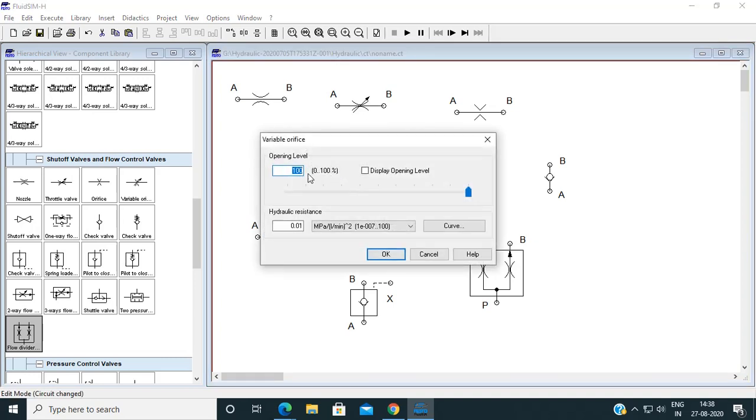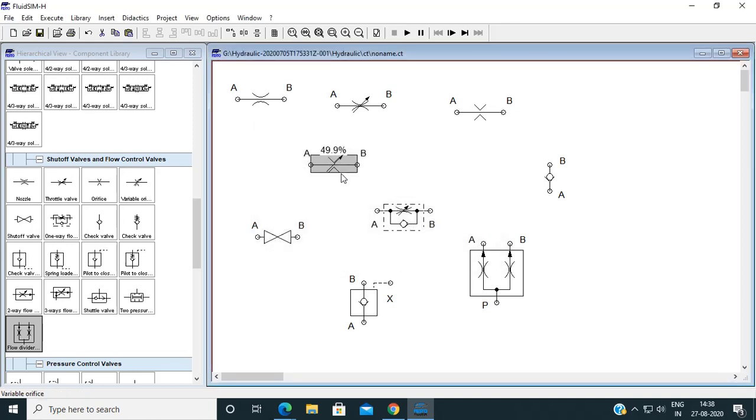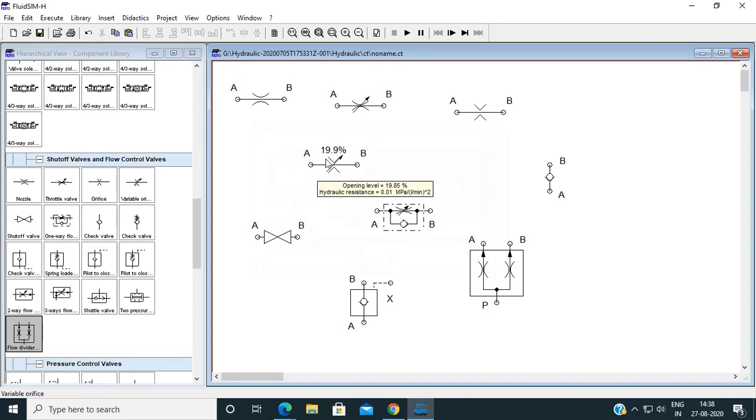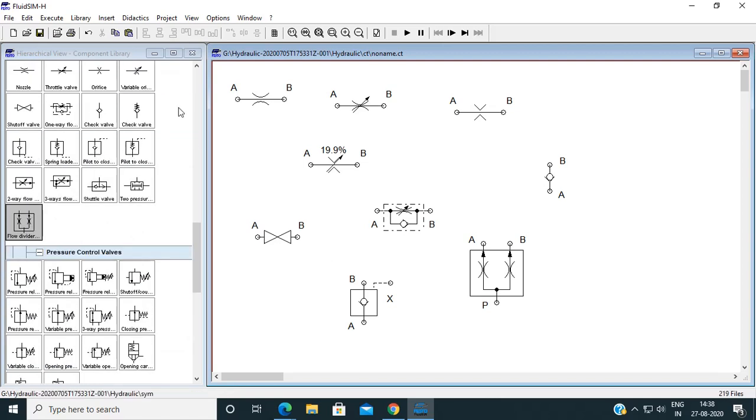Here you can change the opening of variable orifice. You can change it by scrolling this bar, or manually you can display the opening. Suppose I want to display the opening. Here I can come to know how much my orifice is open. Now suppose I want to open it up to 19, so it shows it's 90% open. Okay, in this way you can change flow control valves.